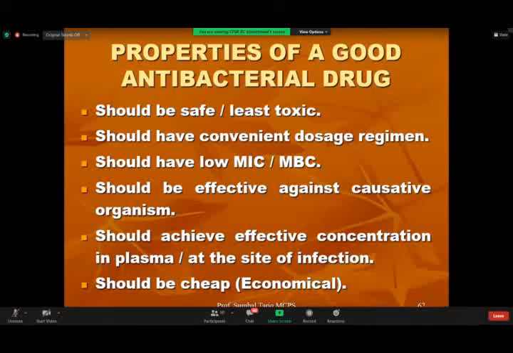So what's the use? So you have to give a drug that should be effective against the causative organisms, and then you should achieve effective concentration in the plasma at the site of infection. Site of infection पे अगर you do not achieve the effective concentration, let's say कि tuberculosis में, if it's pulmonary tuberculosis, you need the drug to cover the pulmonary vasculature, पूरी जो tree है उसमें उसको distribute होना चाहिए. If you are thinking the patient has meningitis, tuberculous meningitis, then you have to make sure that the patient's drugs should reach the CSF. अगर वहाँ नहीं पहुँचेगा, तो how will it treat the infection?